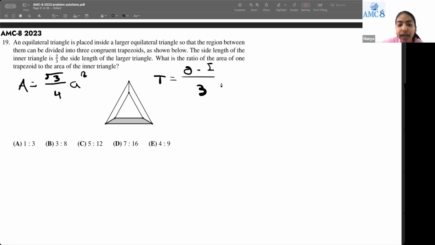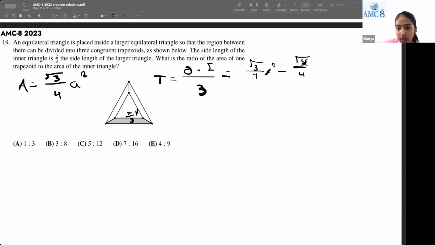So to find the area of the outer triangle, we know that the inner triangle is 2/3 x, right? This is 2/3 x, and the outer triangle is just x. And so the area of the outer triangle would be equal to the square root of 3 by 4 x squared, minus the inner triangle, which is the square root of 3 by 4